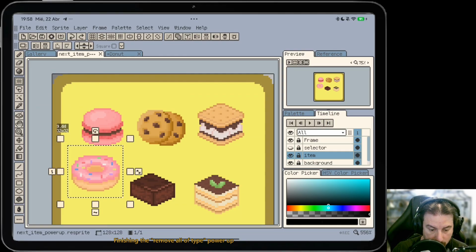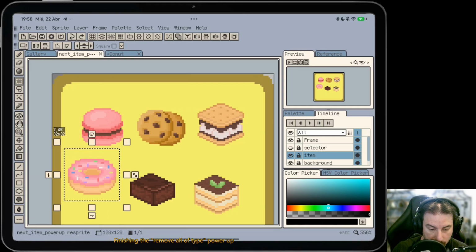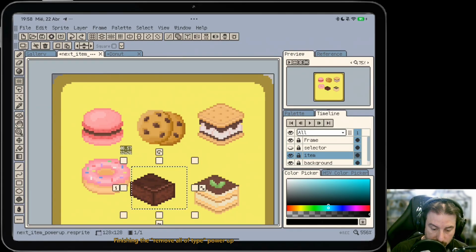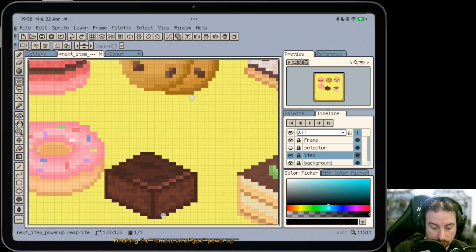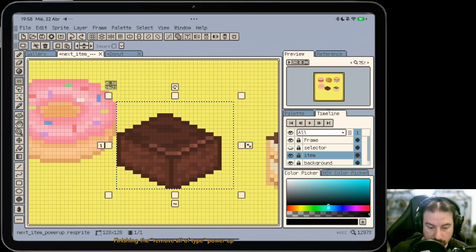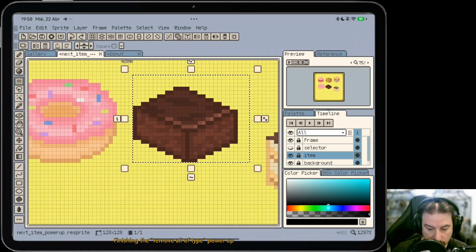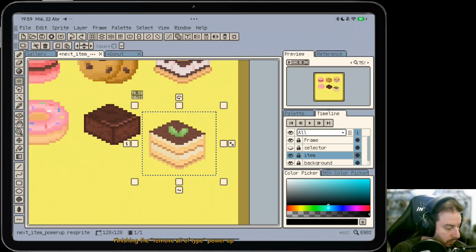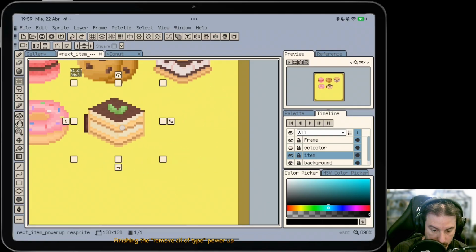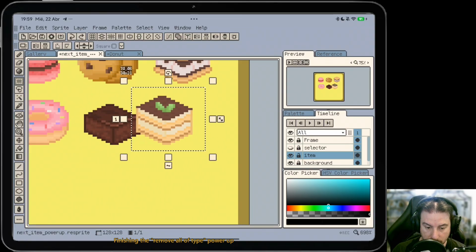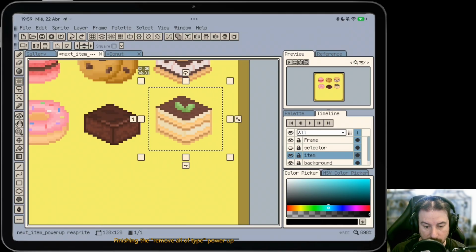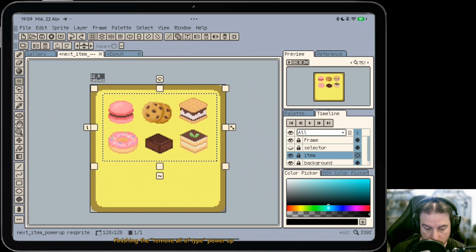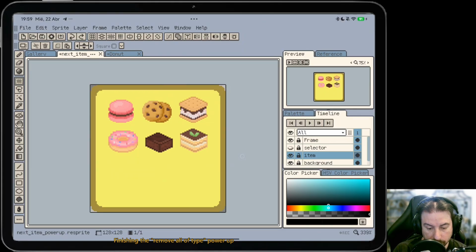Well, I will put that there. One, 2, 3, 4, 5, 6, 7. I don't know if everything will fit, but